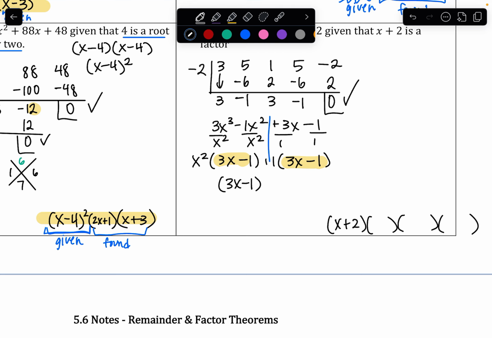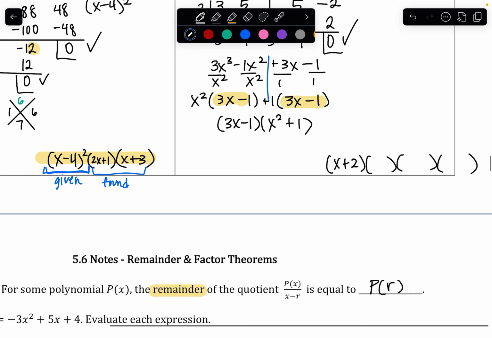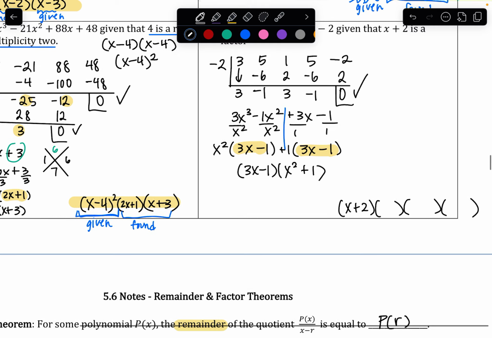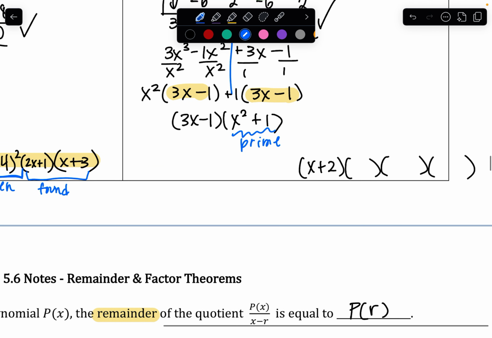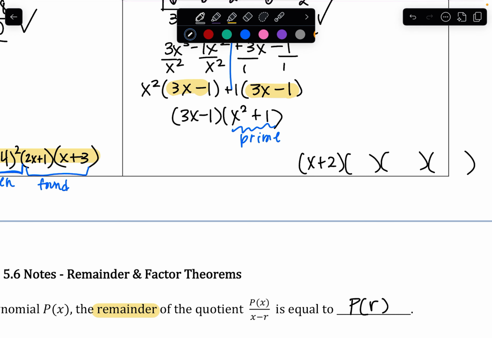And then we have an x squared plus 1. That is not a difference of squares. We're not going to be able to factor that. And so be careful. When it's a plus sign, it's prime. Okay, and so we didn't get 3 linear factors, so the completed factored form would still have that prime quadratic in it. And so we would have the 3x minus 1 and then the x squared plus 1. And so this part was given, and this is what we